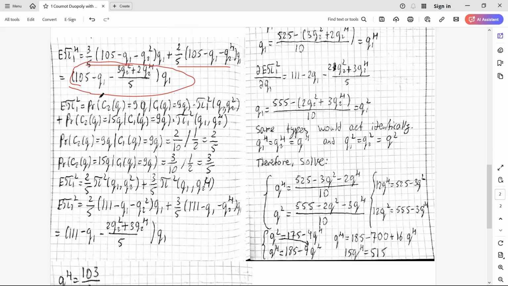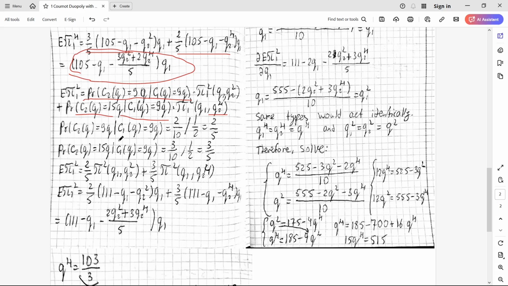And then I do the same process for firm 1 when they're of low type. So I just write the probability that the other firm is of low type when we are of low type, times profit when we are of low type and the other firm is of low type, plus probability that we are of high type, probability that they're of high type given that we are of low type, times the profit when we are of low type and they're of high type. Then I again have to